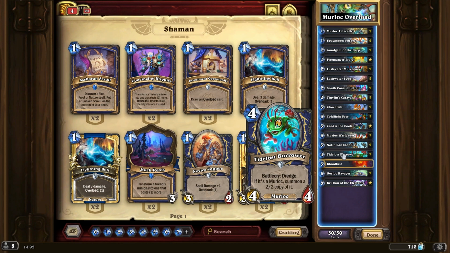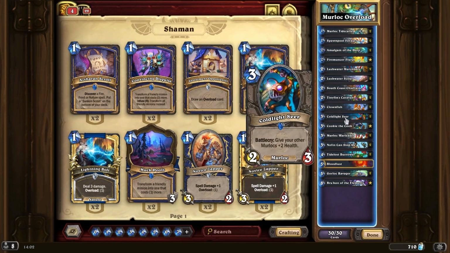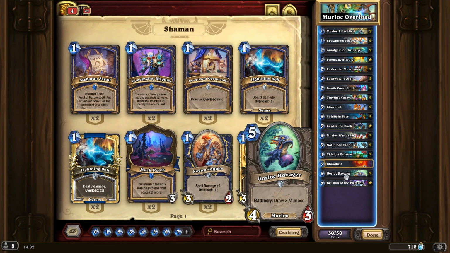All you will have is a 2/2 Coldlight Seer that has done nothing, and, well, okay, admittedly the actual Coldlight Seer will be on the top of the deck, but don't expect that Battle Cry to trigger. At 5 costs, we have a Gorloc Ravager. These, again, are really useful towards the middle of the game. They allow you to draw 3 Murlocs, which just fills your hand nicely and allows you to start building some